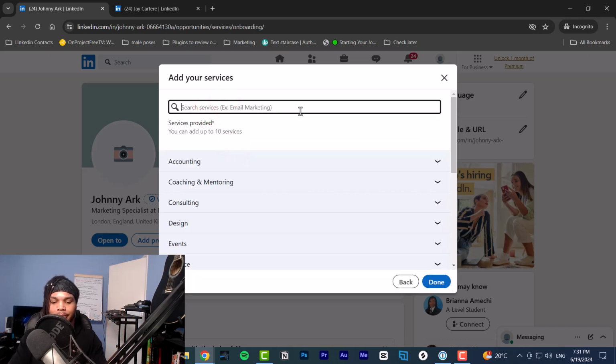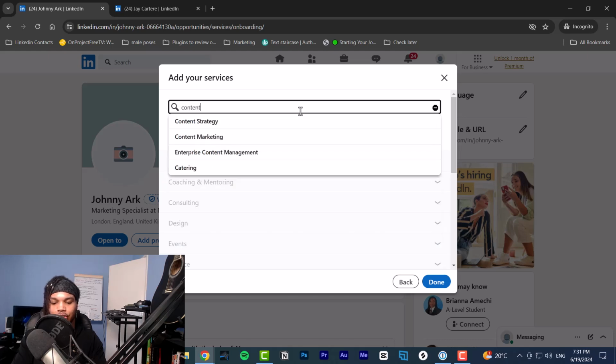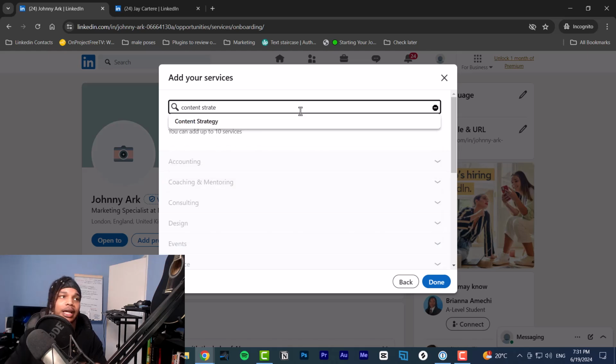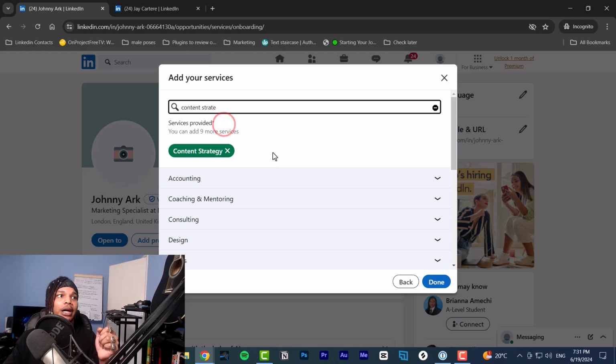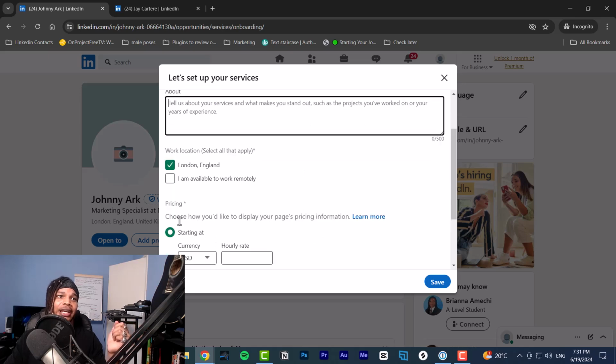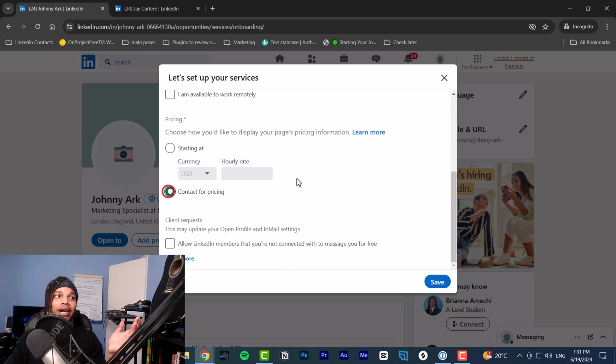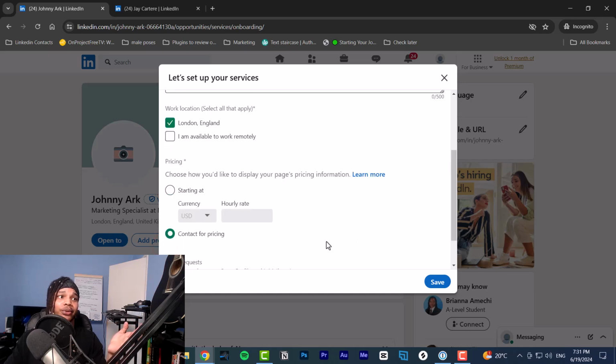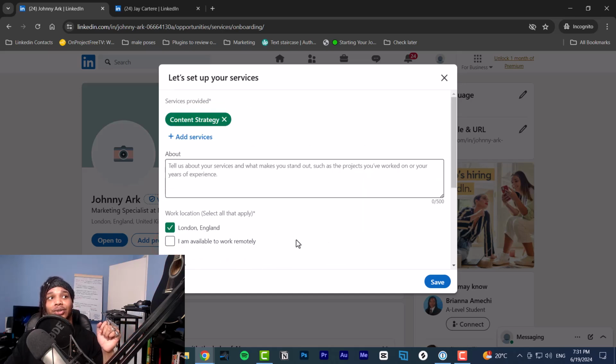So let's say I'm adding content strategy as a service. I'll type in content strategy. That will come up, and then you can find other services or skills that you have that you provide as a service, and then you click done. You can also add more information about the service if you want to, but I don't think that's necessary, as well as you can add pricing, and you can allow people who are not connected to you to contact you